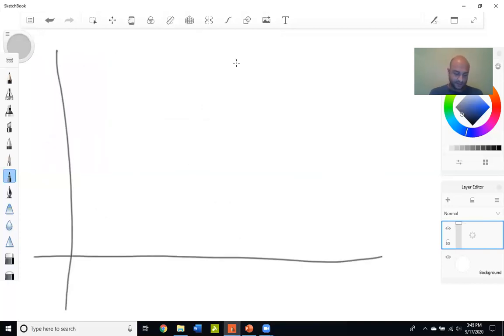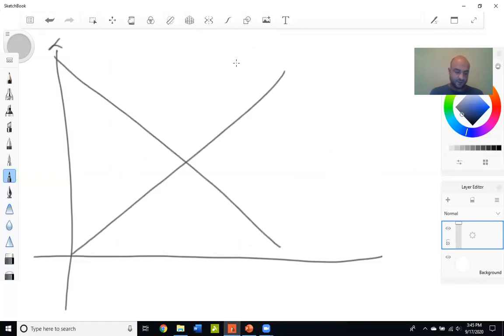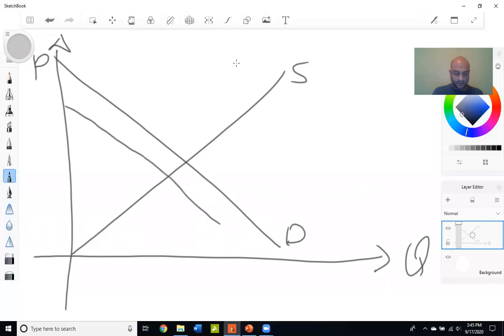When you introduce taxes, someone is directly affected. Who? The poor guy who's paying the tax. So in this case, who is paying the tax? The person who's buying the pizza. The person who's buying the pizza has to pay $1.5 tax for every pizza bought. This would immediately shift his demand curve or her demand curve to the left. So this was your demand 1, this is your demand 2. Now you're facing a new demand curve,